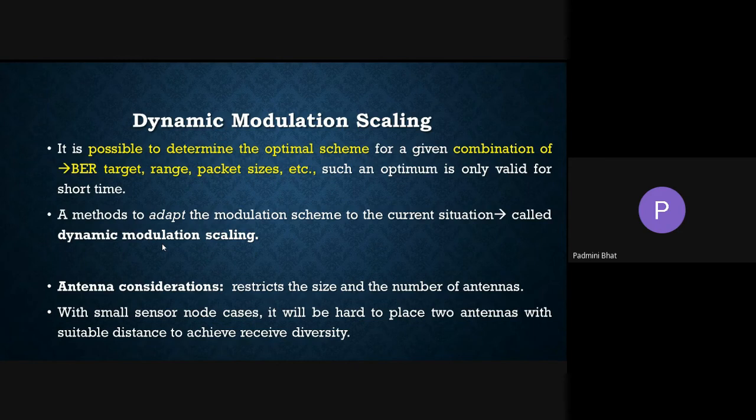So how should it be? Should I take it directly, or should I take the highest strength signal, or how is it? That has to be designed carefully. So these are the antennas. And as I have been telling you, the antenna transmitter is the one major equipment where energy is consumed and lost as heat. So it is utter waste, and it has to be minimized. So how can it be minimized? This consideration has to be taken.